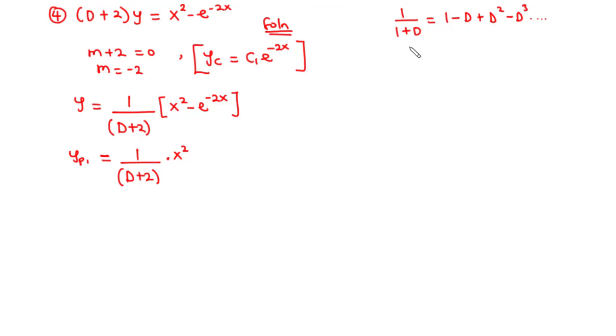And then let's say if you have 1 over 1 minus d, then that should be equal to 1 plus d plus d squared plus d cubed, and so on and so forth. So you should know the expansion for 1 over 1 plus d and then 1 over 1 minus d. Good. Now aside from this, we are going to make sure that we represent the denominator as